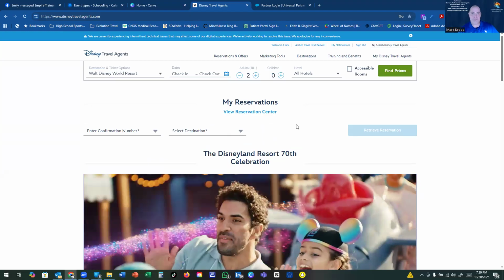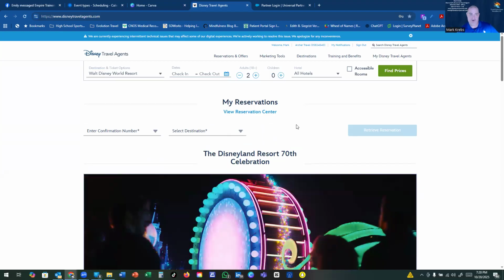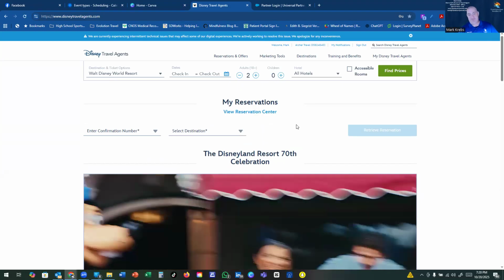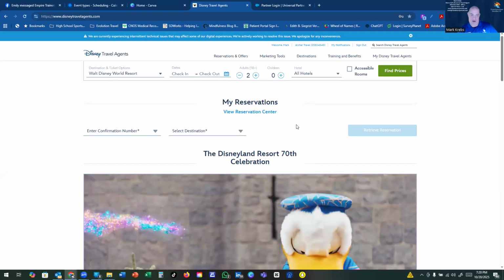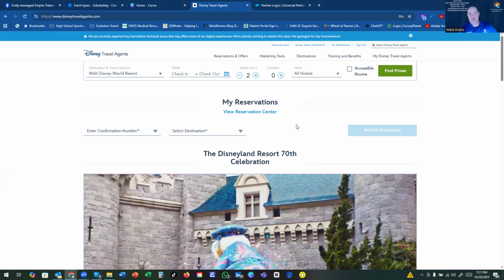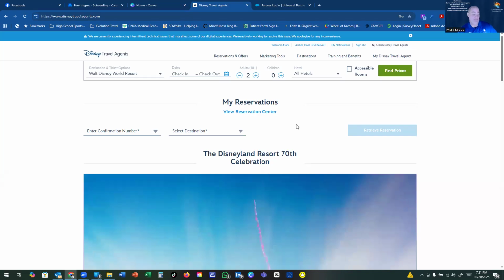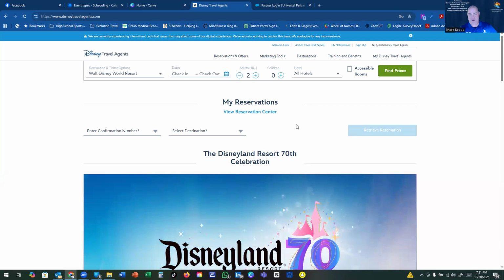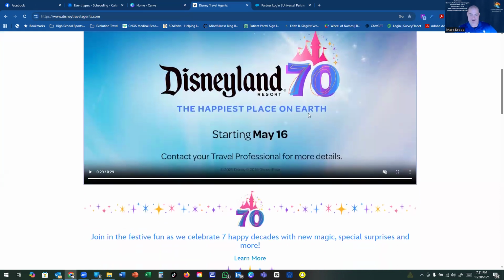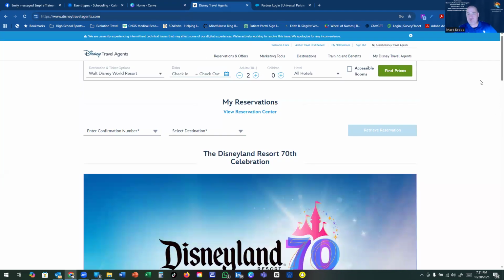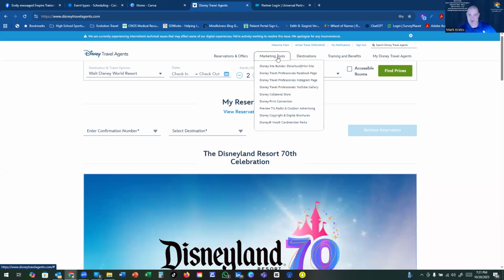Okay? And I am really hoping this isn't true. So I was able to get into where we need to be earlier in the day, but because of that Amazon Web Services outage around the world, there may be some stuff I may not be able to show you, but I should be able to show you everything. So this is the main login page. But since we're talking about marketing, this is where you're going to go, is your marketing tools.